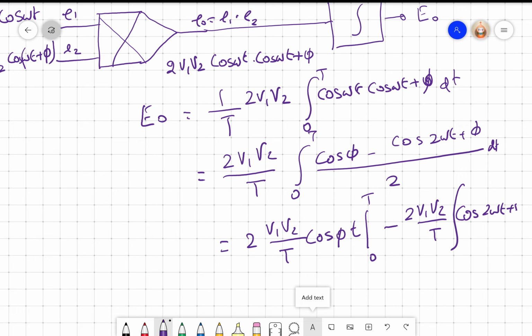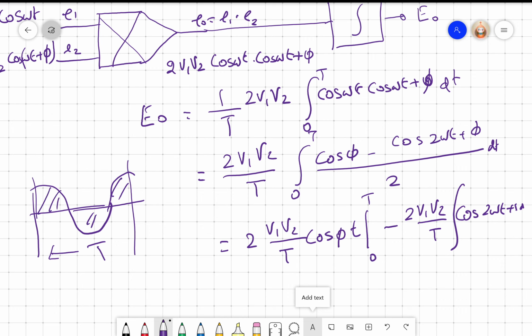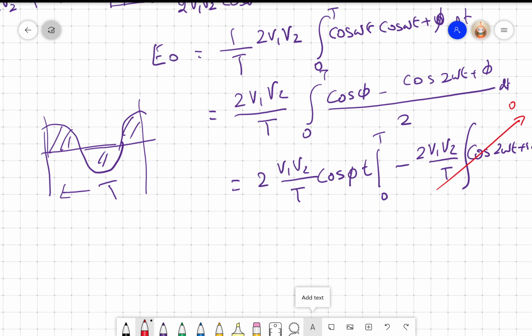I'm not going to integrate this, because if I look at this, I am having a cosine function, right? And I am integrating it over one whole period. What is the integration? Area under the curve. So this will cancel with this, so I will get a 0, right? You can expand it mathematically and find out that this goes to 0. And if I put t equal to 0, I get 0. If I put t equal to t, I get t. So at 0, I get nothing.